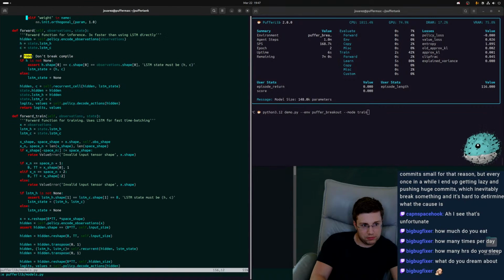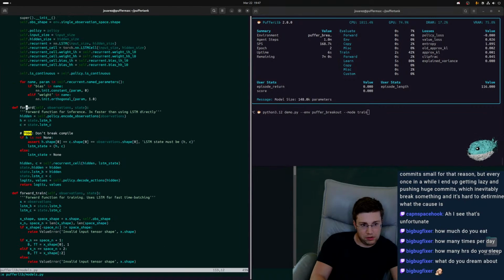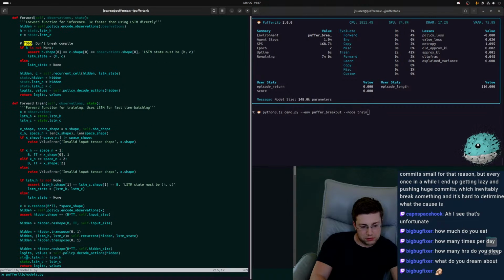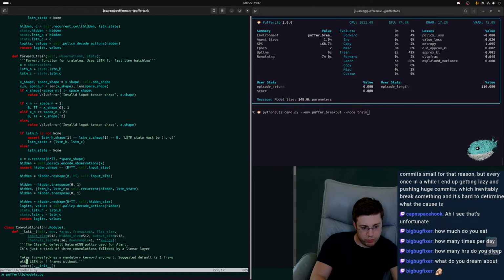Self.recurrent is called on this. Decode actions gives you logits and values. Encode observation gives you hidden. And this all looks correct to me.